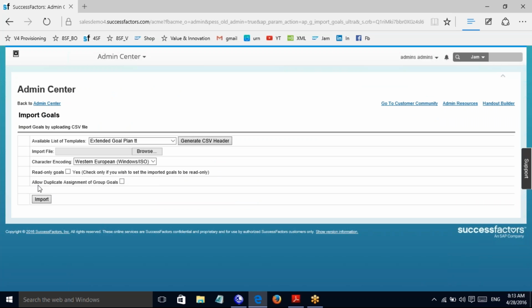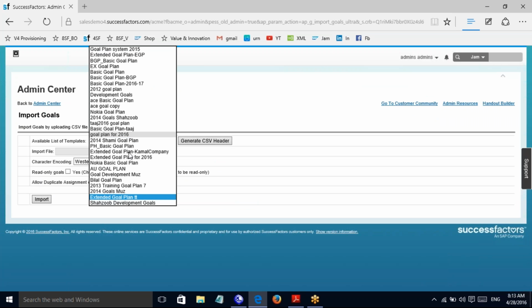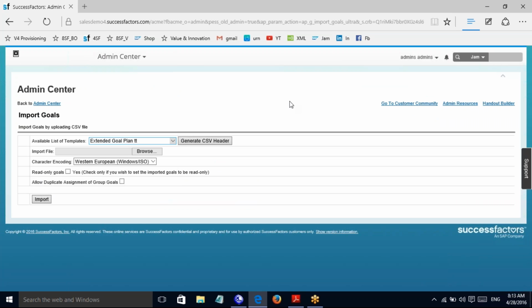And you can see here, when you are trying to import and browse, with all the necessary goals available here, you can generate them, make changes, and import them, and the system is going to allow it. But when you have the goals that you want to make necessary changes to the headers